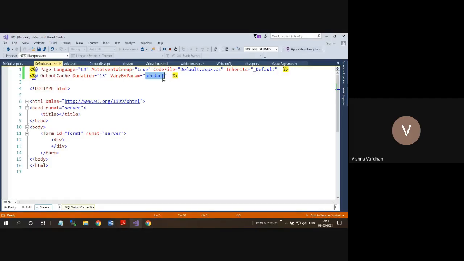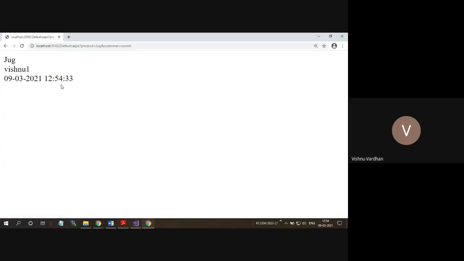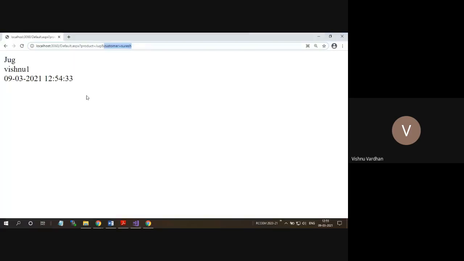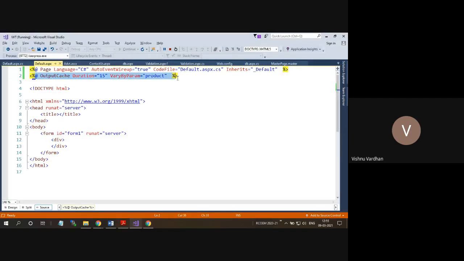Okay, so that means the cache objects are automatically maintained for this page, which are not applicable for the customer because we have not taken that into consideration, so as to create a different cache output. So that is what we are having from this particular example. Okay. So with that, we have seen some different implementations of how to actually enable your caching and where it is helpful, and how to scale up your applications by putting some simple tricks like this. Okay, so this is a simple trick that we have set on this particular page.